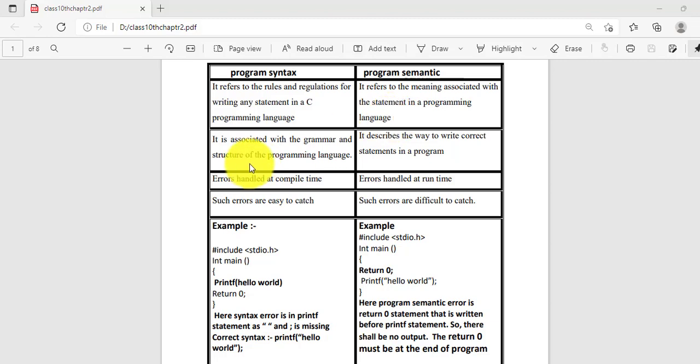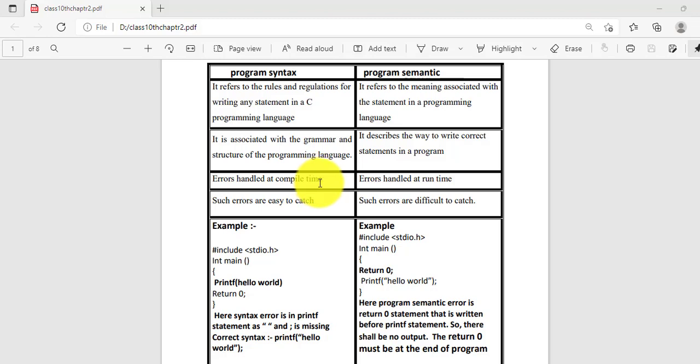As I said before, syntax is the grammar and the structure of a programming language: how you are going to write it, and what the grammatical rules are to write a program. Whereas program semantics is a way to write correct statements in the program, that is, how you write a correct program. Errors in program syntax are handled at compile time.